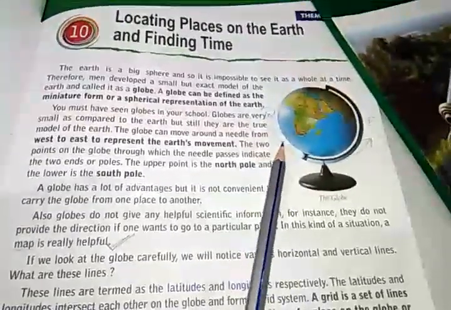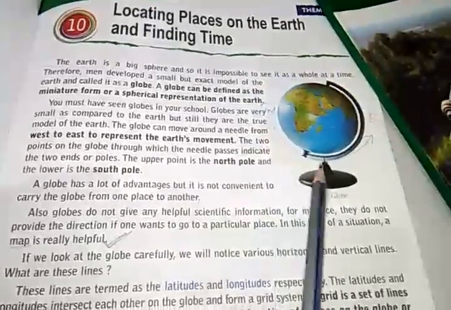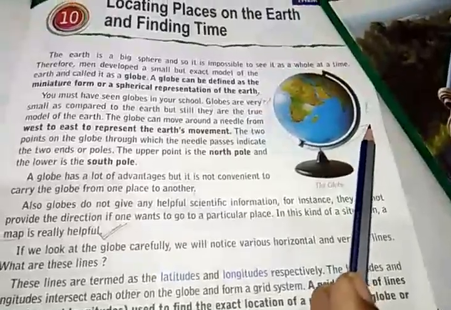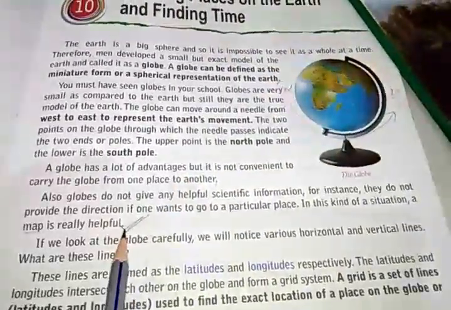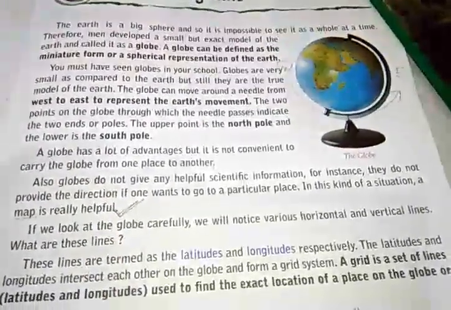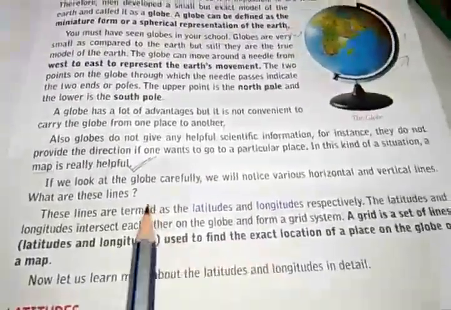And about the rotation also, you can see west and east I had marked, and the direction of the arrow, that the earth rotates in this direction, from west to east. I had discussed up to here, and I had said that in my next video I will be discussing latitude and longitude. So today we will take up from here.